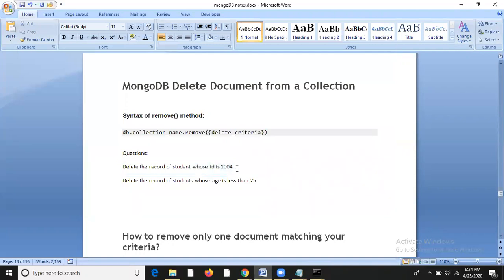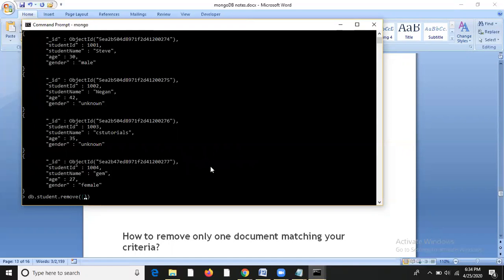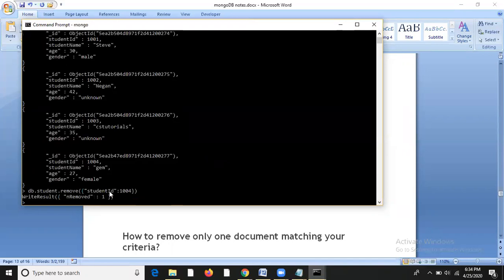Here the condition is that student id is 1004. Now, as you can see, I'm getting the message removed one record. So in this way you can remove your record.